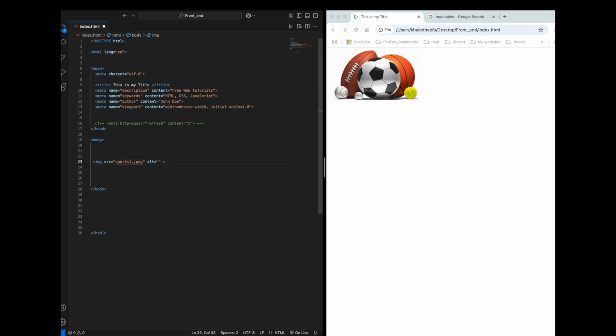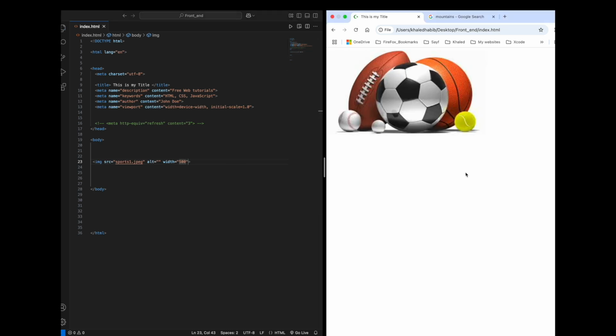I can put width. You can control how wide the image is. So let's say the width here, I'm going to put 600. Or let's say that's too big. Let's put 500. Then I save and I reload. See, it's big. We're going to do this with CSS, but just in case some people want to do it in the HTML,